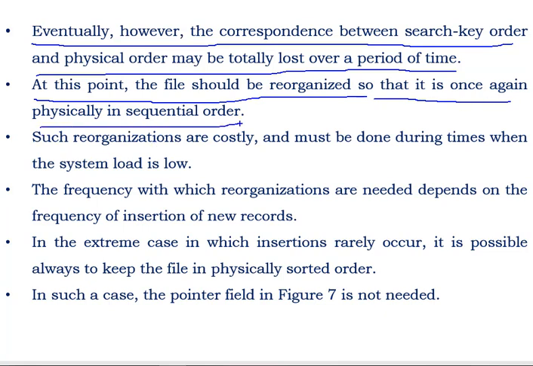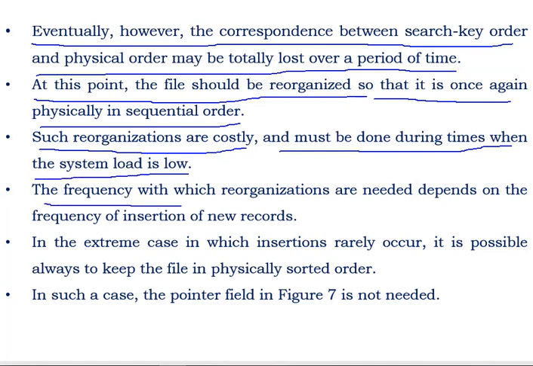Just now we discussed how a new record is inserted in between deleted spaces. Such organizations are costly. Why is it said to be costly? Because rearranging new records in between the free blocks created due to deletion of records is a very complicated task, so it must be done when the system load is low.